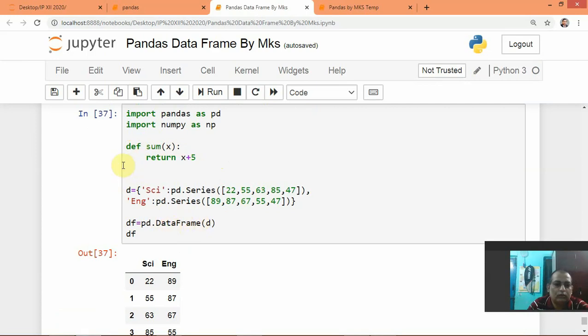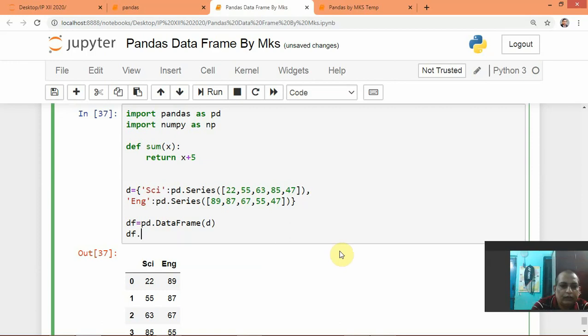We will do the same thing that we used, like df dot pipe, and earlier we used np dot add. Now we will use just our function name sum. How much are we going to add? It is adding 5 automatically. So run and see.